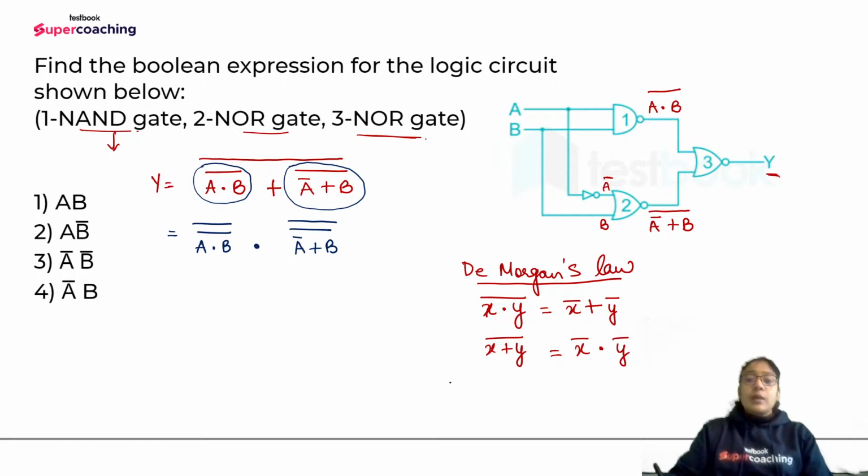Now we know the double negation law. The double negation law says that if you negate twice, A complement complement, then it is equal to A only. Suppose the value of A is 0, then A complement will be 1, 1 complement will be again 0, so it is returning A only. So if it's a double complement, then the double complement will be cancelled out. So this will be cancelled out, this will be cancelled out. So we are getting the expression